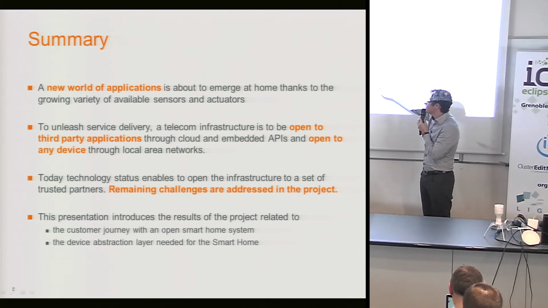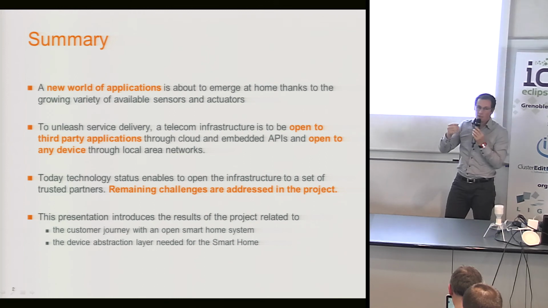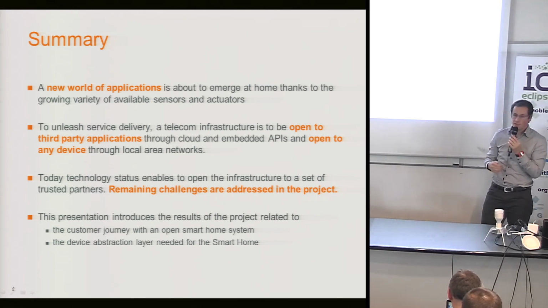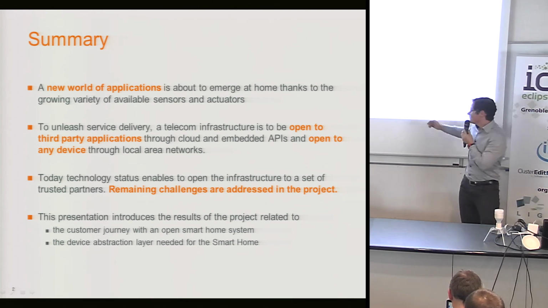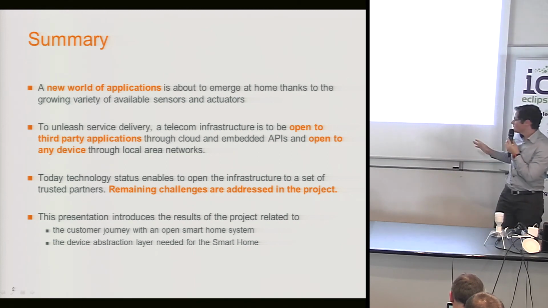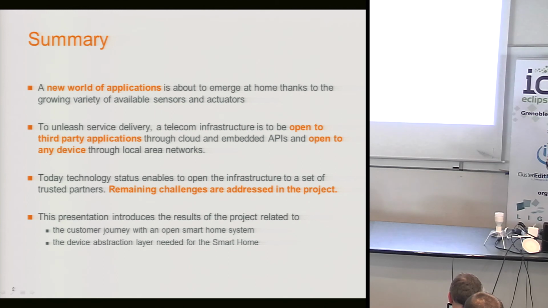This presentation will introduce the customer journey with an open smart home system, and I will give you some snapshots of a real demonstration that is running in our labs in Meylan, near Grenoble. And the second hint I would like to make today is to show what is the device abstraction layer that is needed on such a platform, and what is our contribution here.